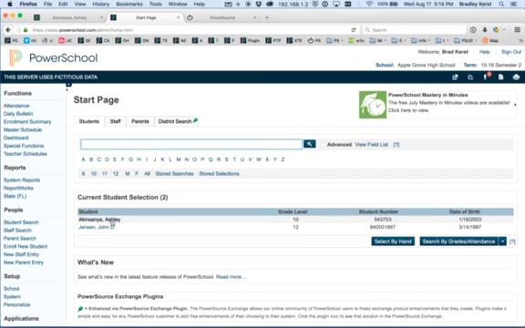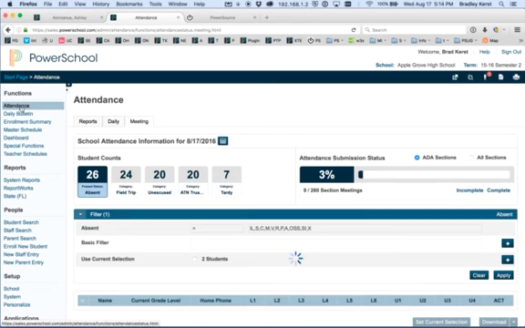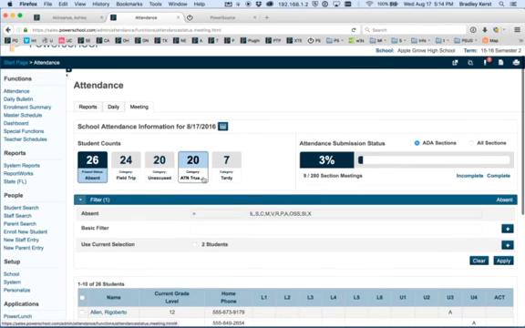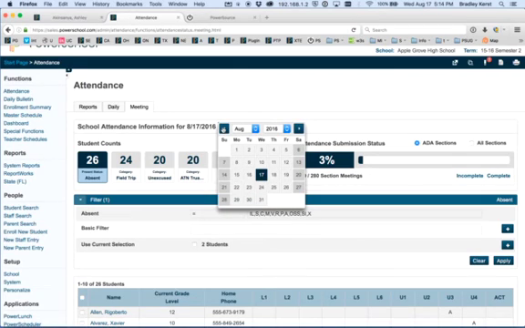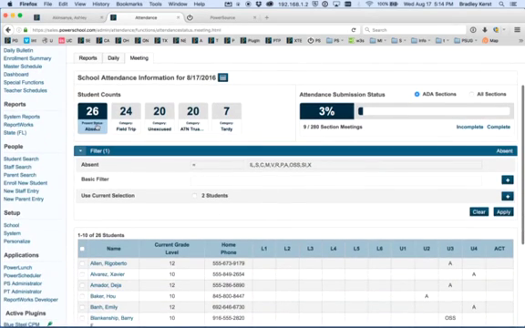PowerSchool. So some other areas that I'd like to show are the attendance. So if I'm the secretary that's in charge of attendance, I can come to my attendance function, that very top one on the upper left-hand corner, and it'll open up our attendance dashboard. And this will automatically appear. So this is our current attendance for today, the 17th. If I want to change and see what the attendance looked like yesterday, I can do that by using my calendar picker. And what I'm seeing currently are our students who have been marked absent at some point during the